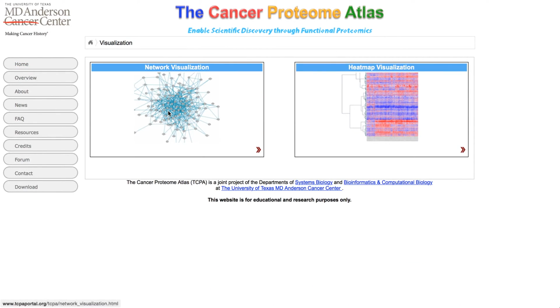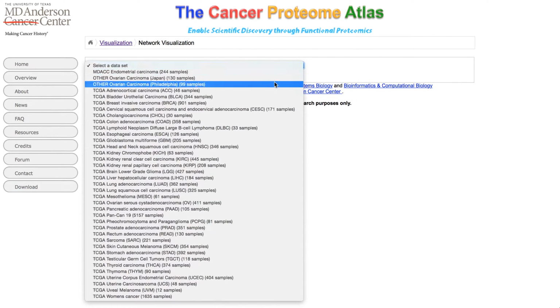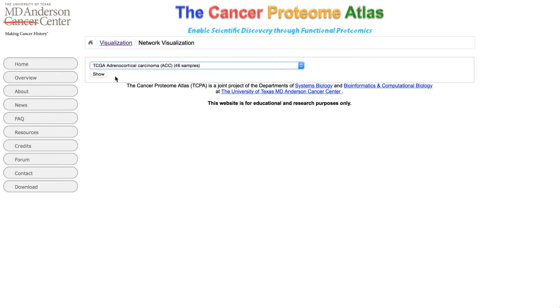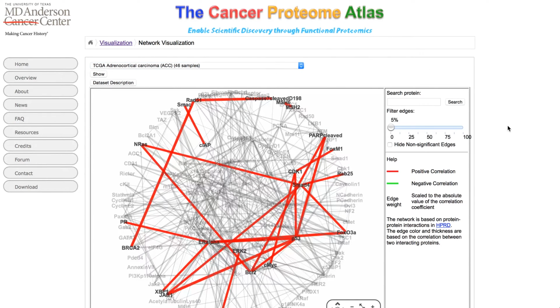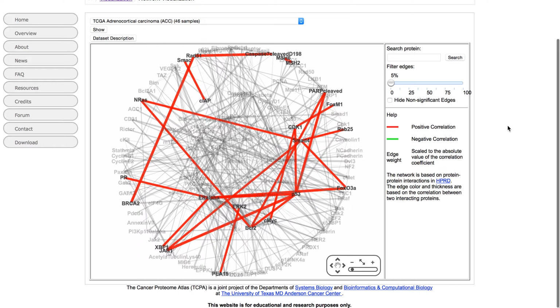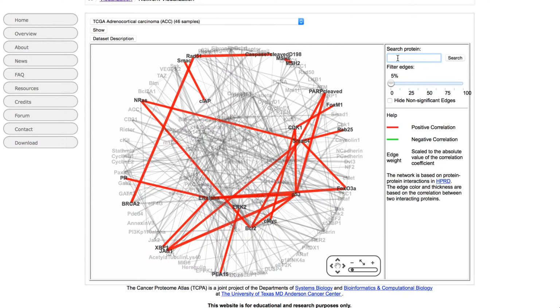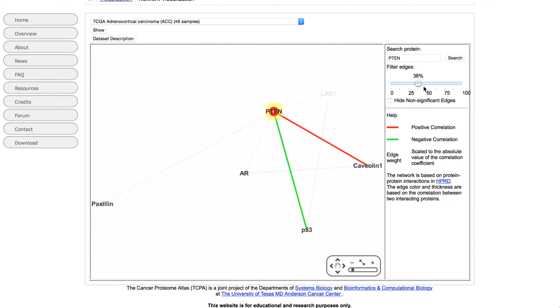The visualization module has two submodules, network and heat map. In the network visualization, after selecting a dataset, you will get a network view in which protein markers are nodes and the interactions are colored edges. By searching a protein marker in the input box, users can also get a subnetwork focusing on the neighbors of